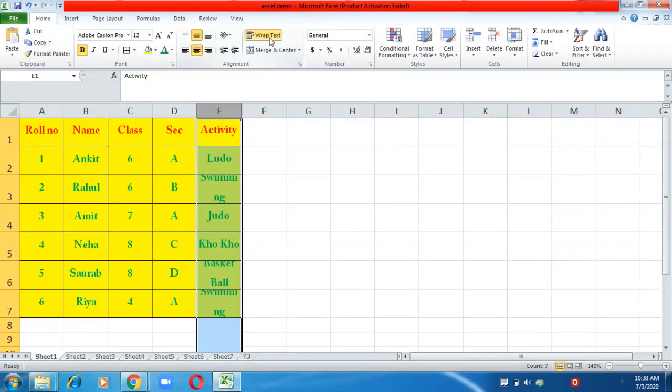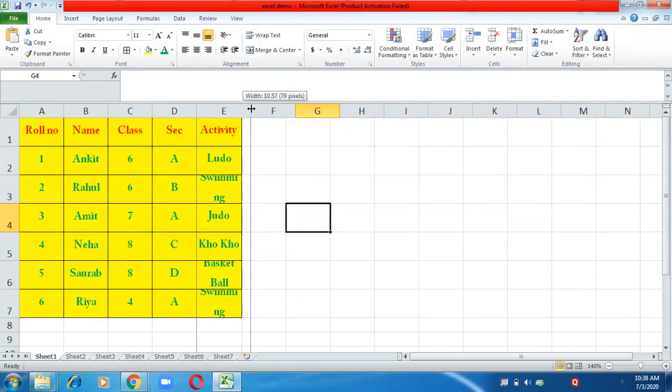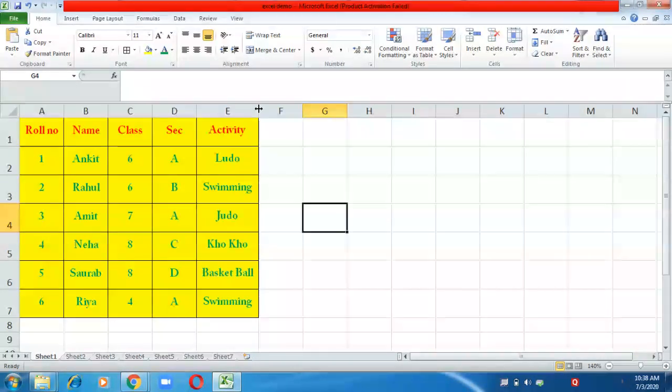Click on this so that automatically it will shift the content in the same box. Or the second option is obviously you can increase the width of the cell, right? Next is merge and center.